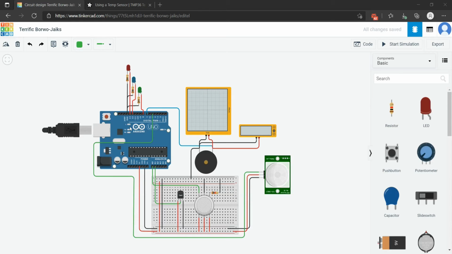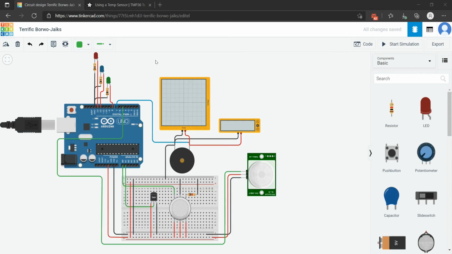The circuit contains an Arduino Uno and three sensors. First one is the temperature sensor, second one is the gas sensor, and third one is the motion sensor or PIR sensor. There are three LED lights corresponding to the three sensors which light up according to the sensors. I have installed one piezo buzzer and connected it with the oscilloscope and a multimeter so that we can see the variation of the buzzer.